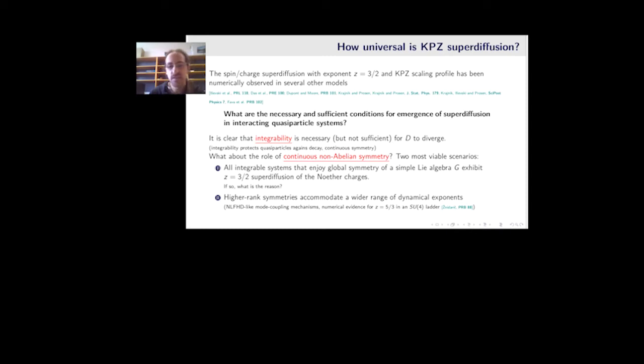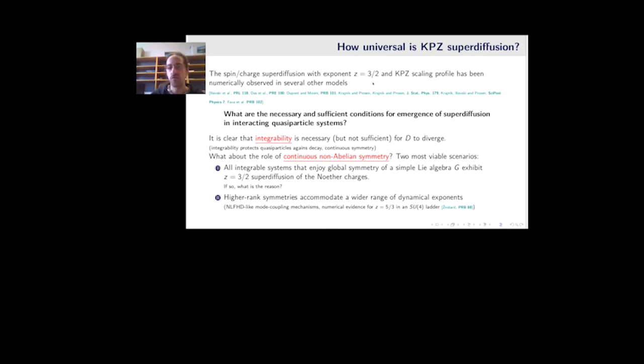Or in other words, it's immediately regularized to normal diffusion plus the Drude weight. So it was clear that this continuous symmetry is important also from the point of view that if you break it with a chemical potential, you will again regularize this effect. But what wasn't clear was whether maybe more complicated non-abelian symmetries can induce perhaps an even richer set of dynamical exponents